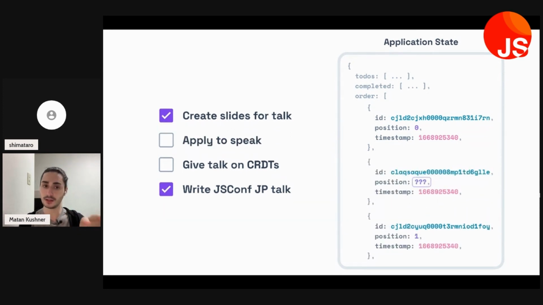So if you create a new entry right here, what value should that have? If we make it have a value of 0 or of 1, we have to then change the position of other to-do list items. That gets complicated. Well, the easy solution would maybe be to change these from integers to floats. So that way, we can have a position of 0.5, right? That makes it very easy to just insert new entries between existing ones on the fly. And that's exactly what many applications do. It doesn't have to be complicated. CRDTs can be a very easy way to introduce real-time into your application.